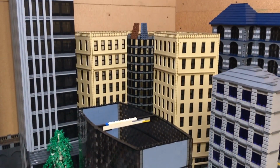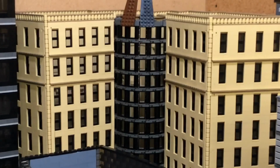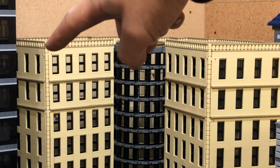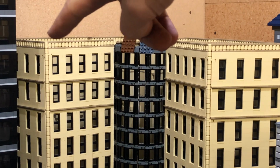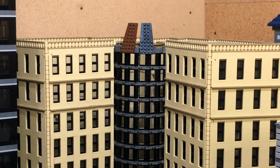If we go up to the top of that corner building, you guys can kind of see that I did get the border of it at the top here. I finally got some plate pieces, so I was able to finish that all the way around. I got roof pieces for it, so I'll continue doing the roof once I get back to that. I kind of just did that just to,